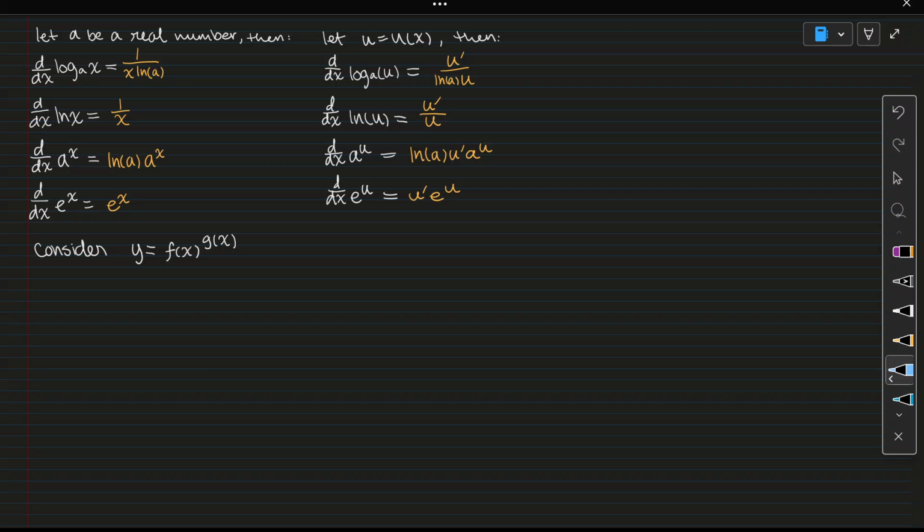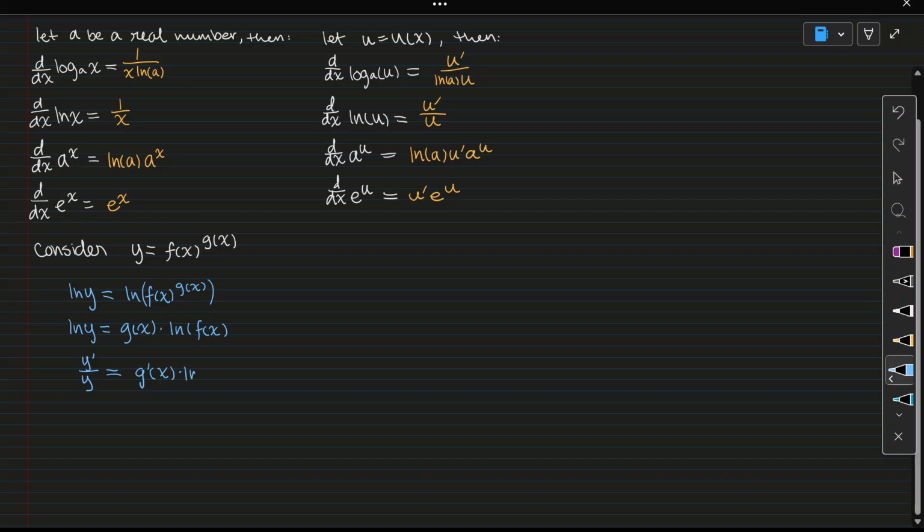So in order to differentiate this, I would consider doing the same process, right? I would take ln of both sides, so I would have ln y equals ln f of x to the g of x, and then I can move that g of x to the front, so I'll have ln y equals g of x times ln of f of x, and then differentiating both sides, I get y prime over y is equal to g prime of x times ln of f of x plus g of x times, right, I use the ln of a function, so I leave the function in the bottom, and then I put its derivative on top,